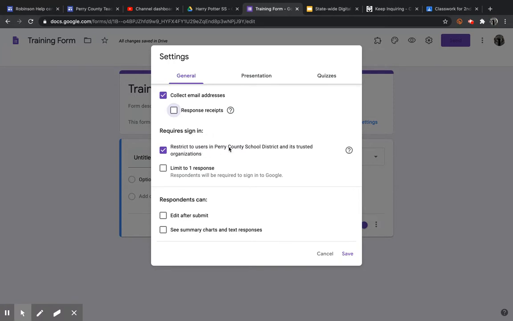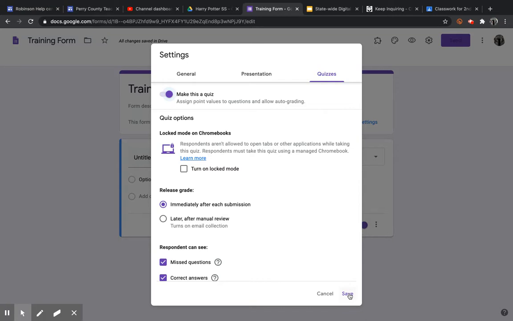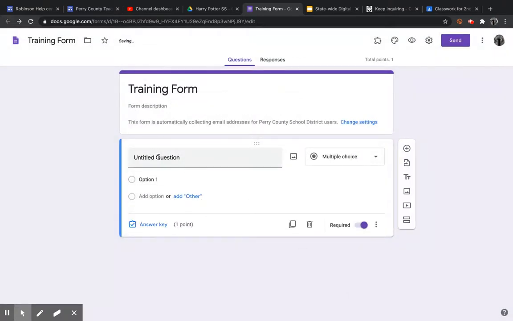Require sign in. This limits it to your Perry County students. And if it's a test, you don't want them to take more than once, you can limit it to one response. But come over here to quizzes and just click on make this a quiz. And there's ways to make that not have to be done too, but it's just something I usually do. And you will know as a teacher whether or not that's turned on because you won't have an answer key option. If we turn it back off,